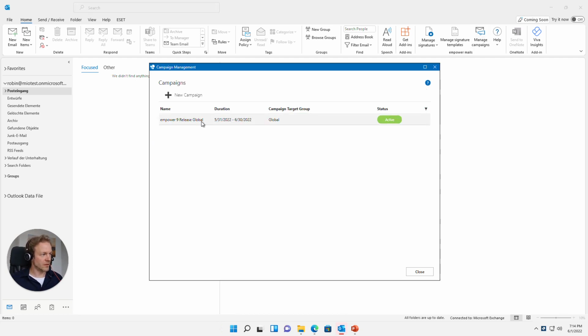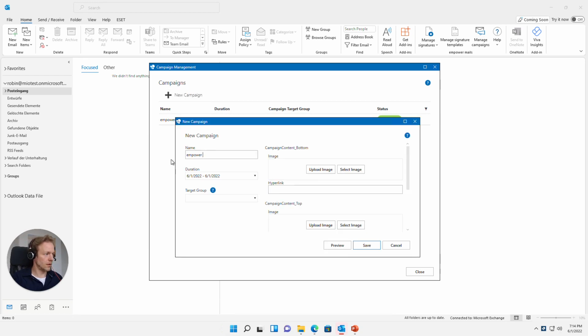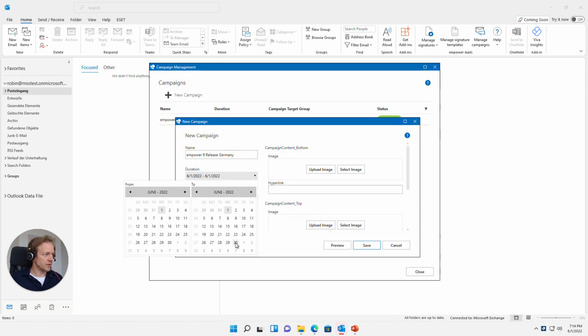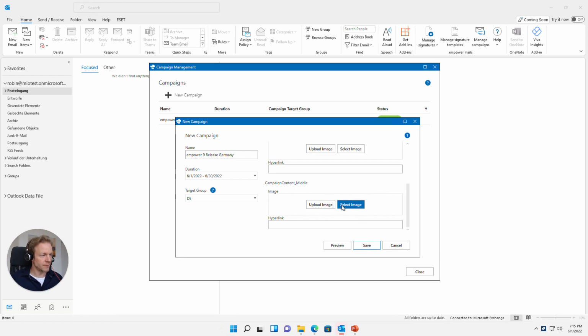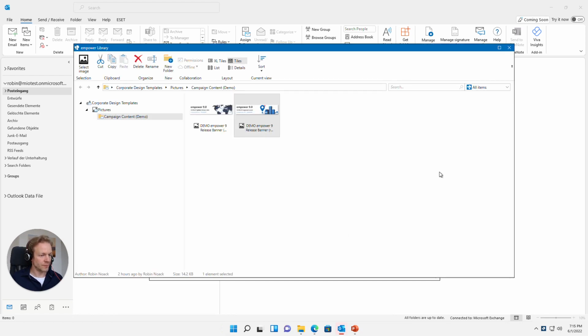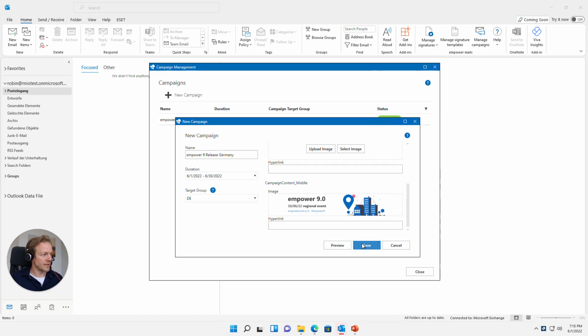For example, we have this global campaign running, and now we want to add a regional campaign. We again pick a duration, and you might notice that this duration exactly overlaps the other campaign, but we pick a different target group, namely the DE or the German target group, which is a subgroup of the global group in this hierarchy, but it's more specific. So if I now assign content to the exact same placeholder, but this time I pick the regional banner, and I save that campaign,